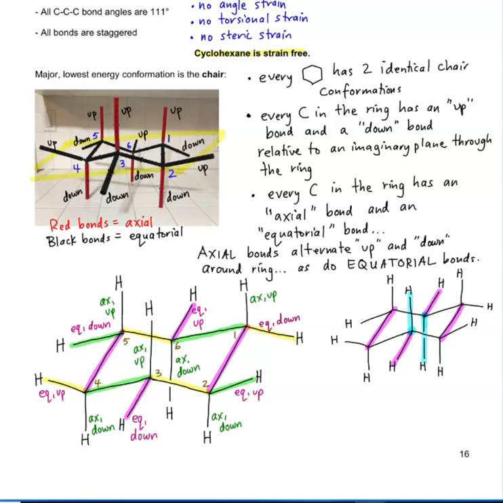So that tends to mess people up. They'll draw those equatorial bonds pointing in the wrong direction. That's where you lose points, and so you don't want to do that. So again, you need to follow the template very carefully each time. You can't make up your own rules and draw things like this,